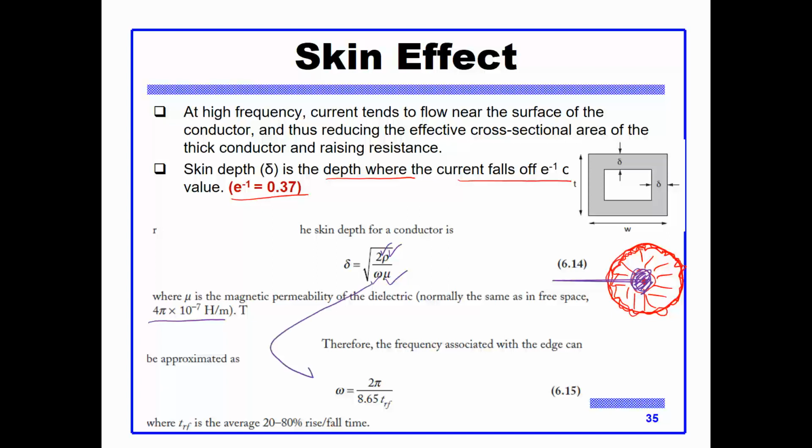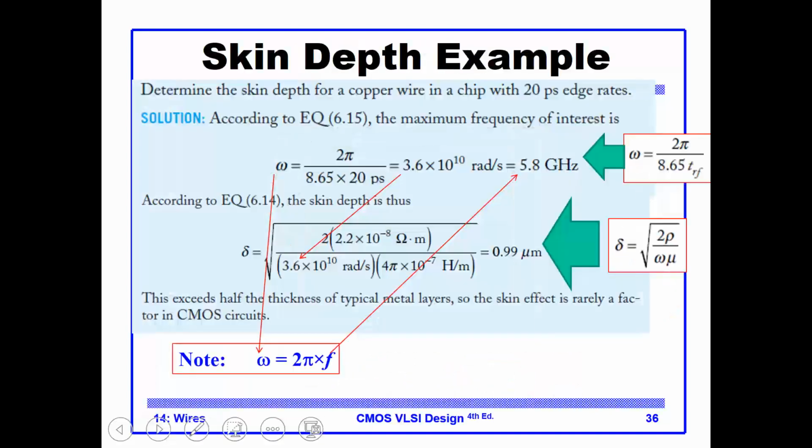Now, to estimate omega: omega is typically 2 pi times frequency, but for our chips, we try to have a simpler formula, which is 2 pi over 8.65 times the rise time of the signal. That seems to be easier to evaluate. This is an approximation, obviously. Okay, so if we look at an example here, where we have a conductor,